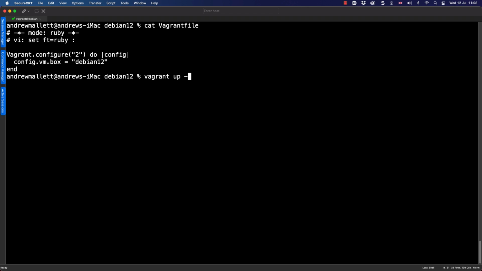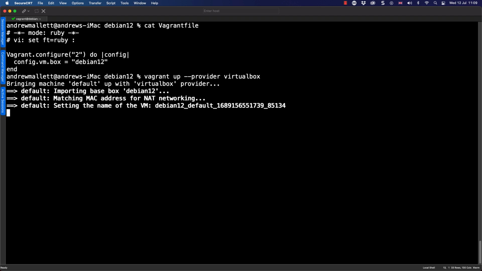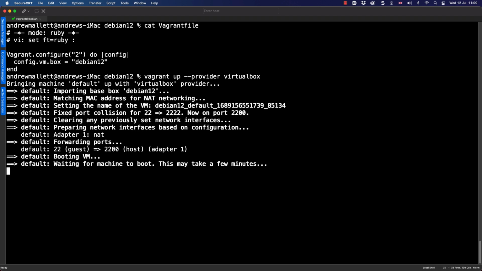So vagrant up, using the provider VirtualBox. It references my Vagrantfile, and we can see now that we're importing our base box Debian 12. It will go through the normal process once we've imported it of firing the machine up.